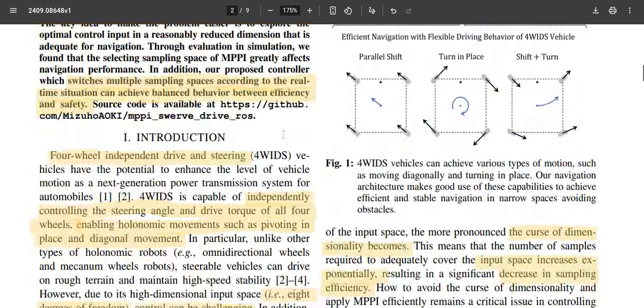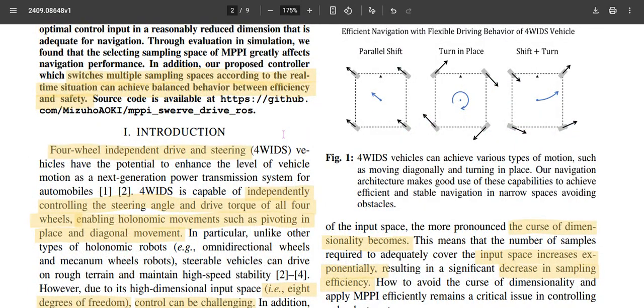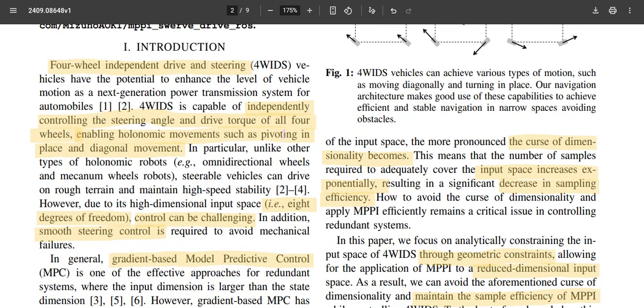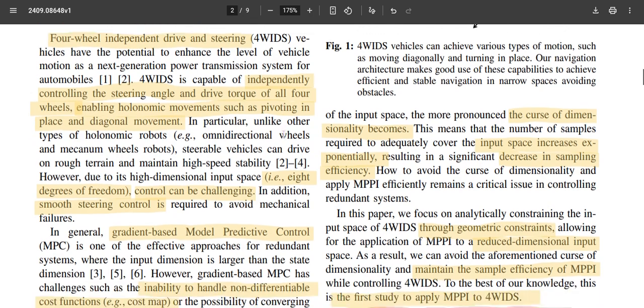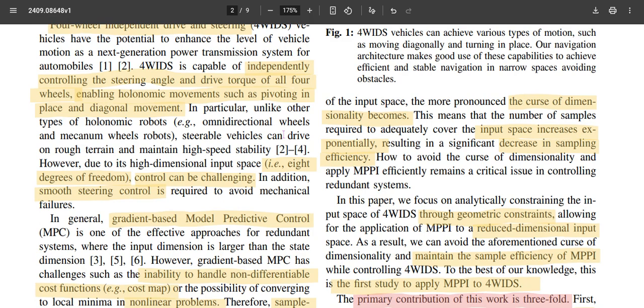This paper says that four-wheel independent driving and steering vehicles have some potential advantages for future generations because they can independently control the steering angle and driving torque of all wheels, enabling holonomic movements such as pivoting in place and diagonal movement. So it has 8 degrees of freedom, two for each wheel, and generally